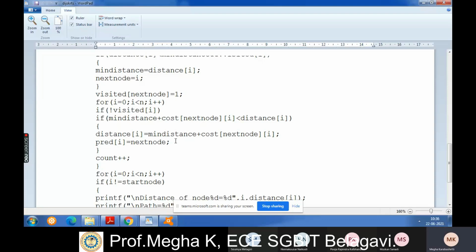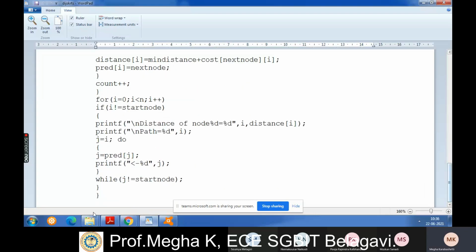So when you are moving to the next node, if you have done the calculations for the first node and then move to the next node, the first node becomes the predecessor. It's quite clumsy, I know, to learn online, but when you use the nodes and do the calculations, you can easily understand that. So count plus plus: every time you visit a node, increment the count value, and the calculations are done until the count value is less than or equal to n minus 1.